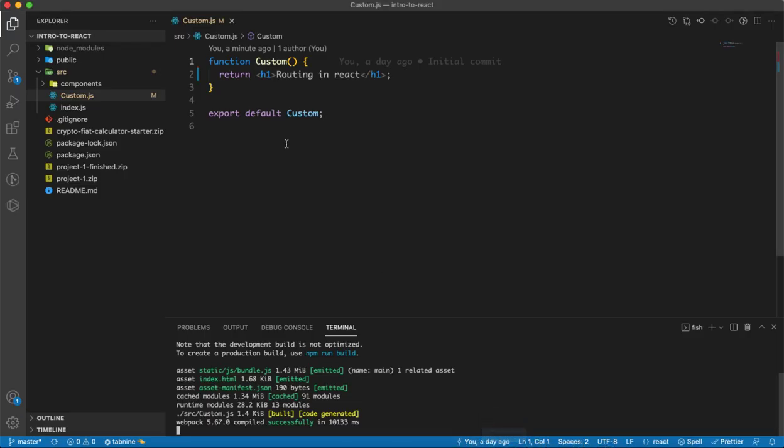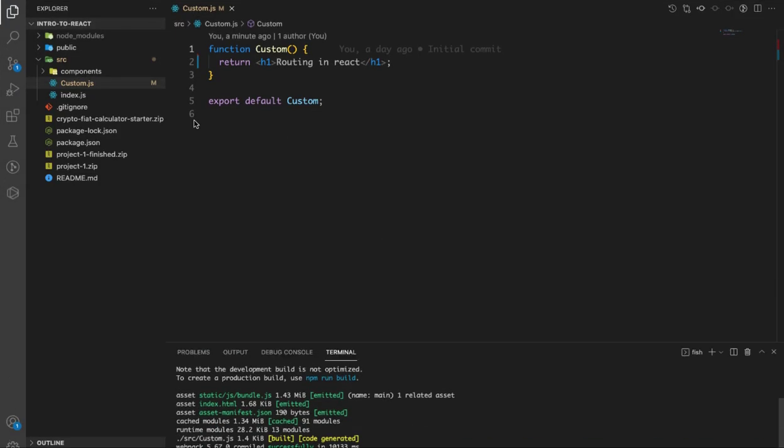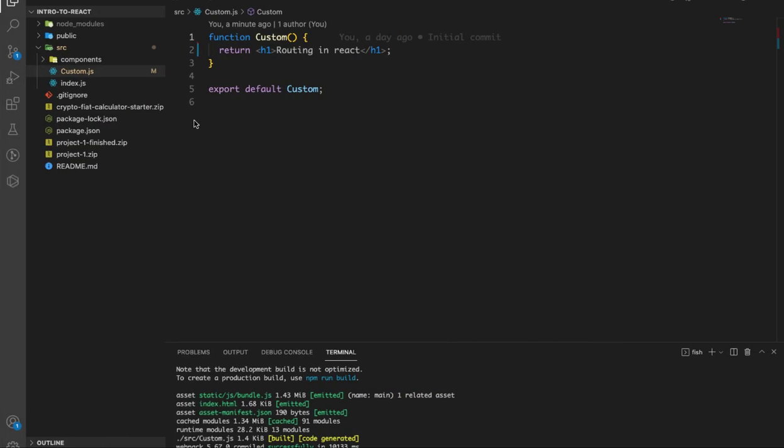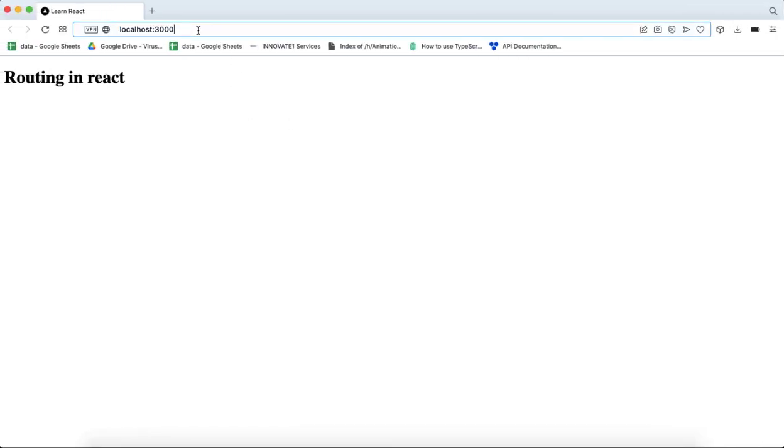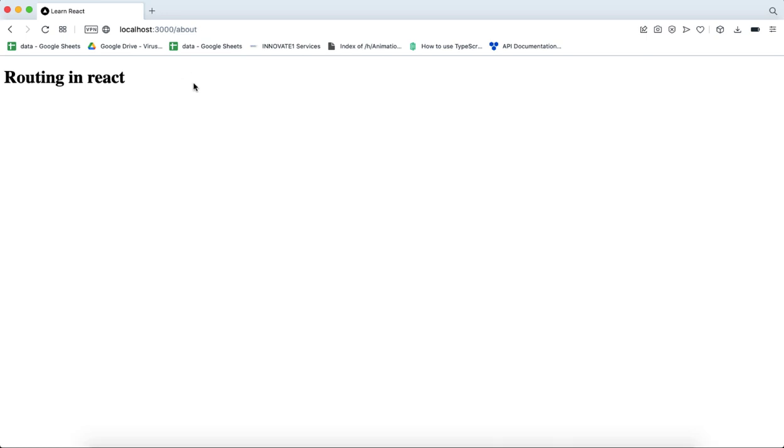So if we head back to, I'm just gonna give this a full screen so I can be able to toggle. Okay, so let's say we have another page, something like /about. I want to show about right there, so you can see it's not working, right? So for that to work, we need to have routing, which doesn't come